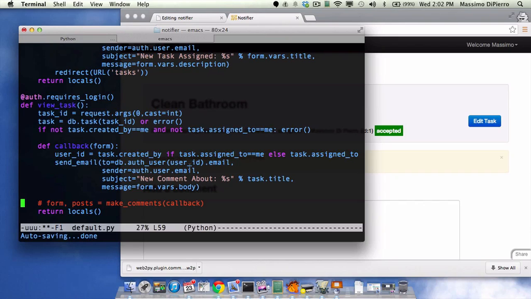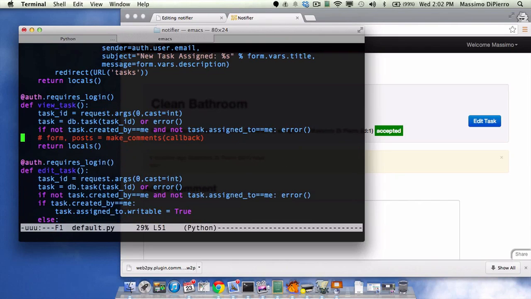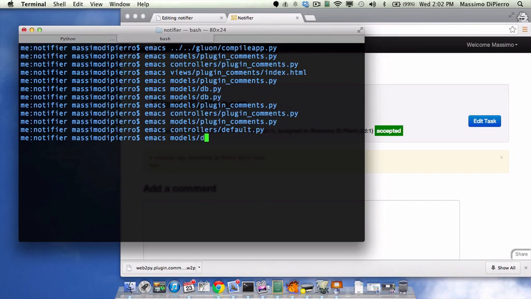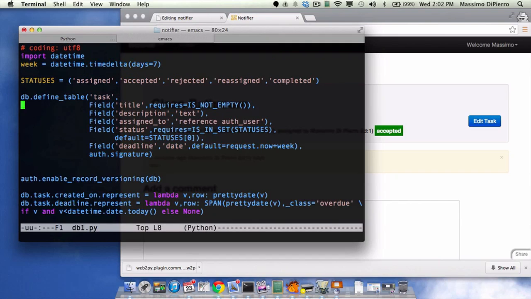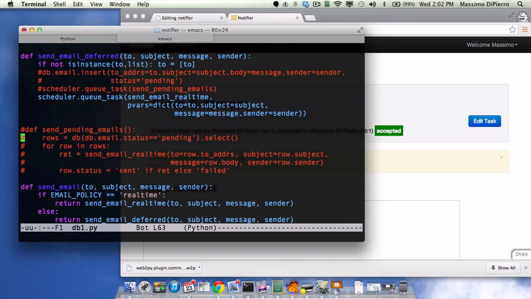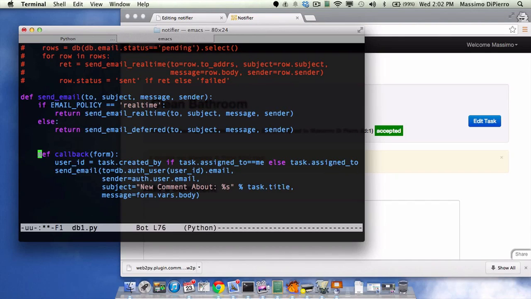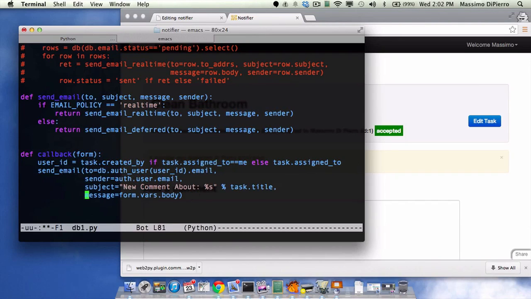So what we're going to do is take this function out of here, go into the models db1.py, and go somewhere in this function. Okay, so this is the callback that we want. This is callback_on_comment. It takes a form, and what it does,